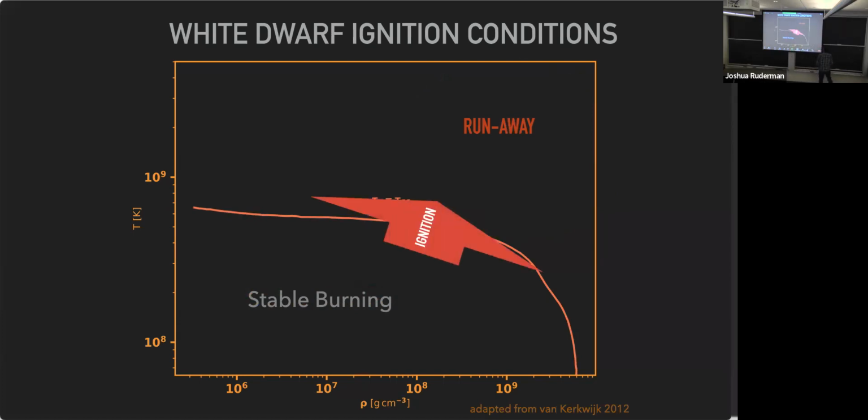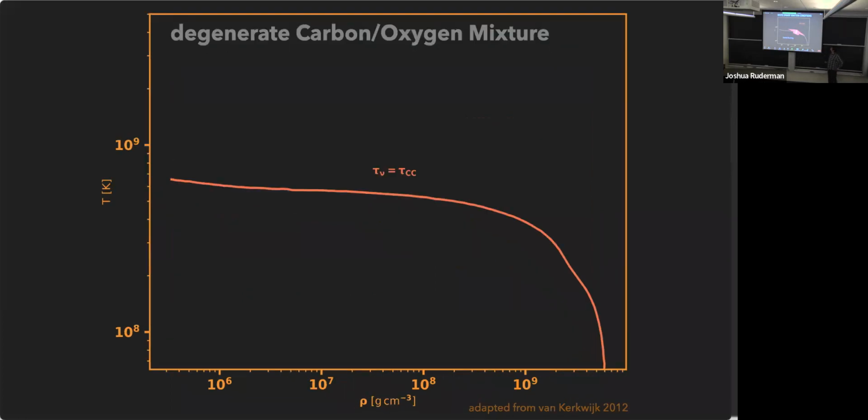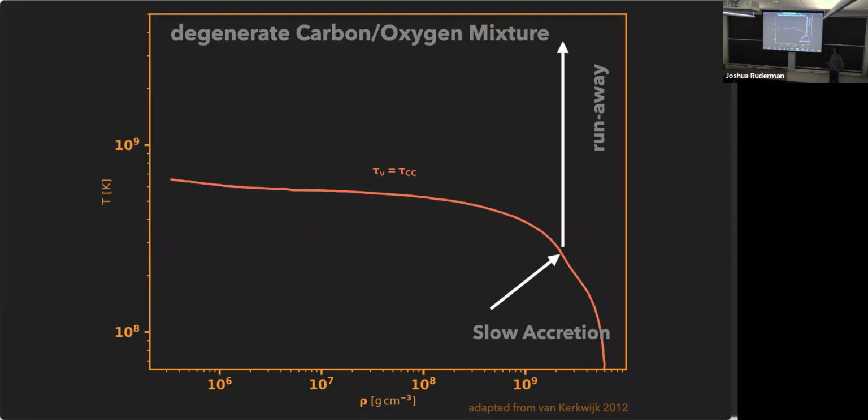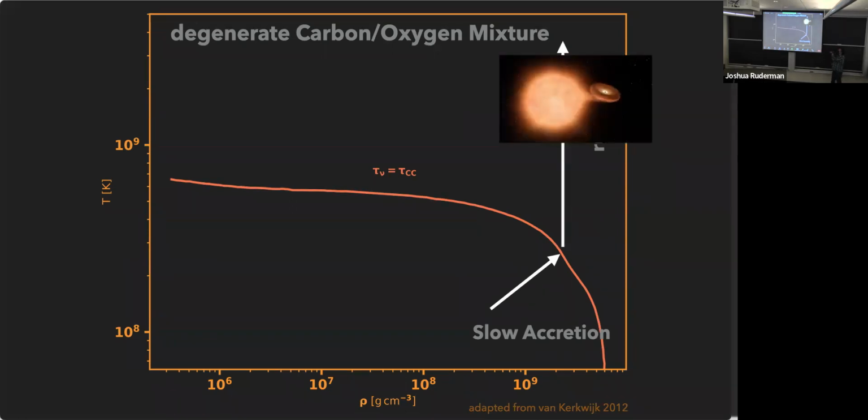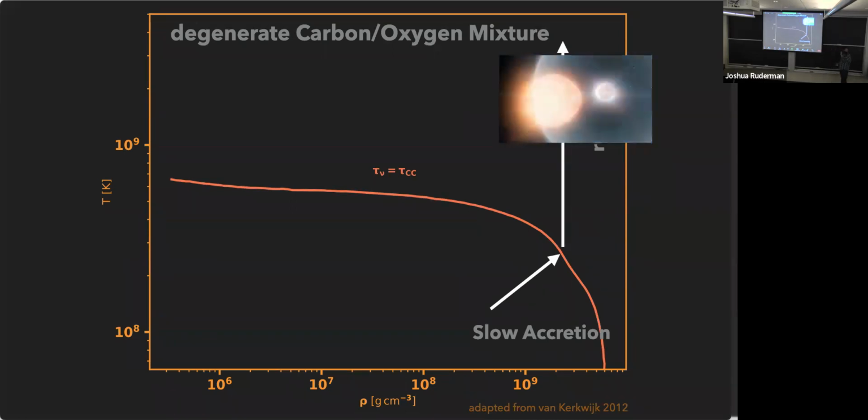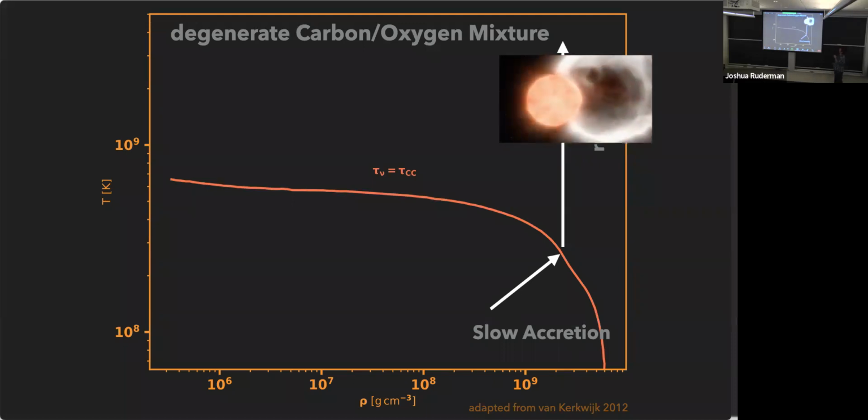This is the question that has plagued the Type Ia supernova group for, I don't know, the last 20 years. How do you do this? Essentially, one of them is, if you do slow accretion, you can get the center of the star near 10 to the 9 grams per cubic centimeter, it auto ignites and you have a runaway explosion. This is the typical traditional scenario that we've all seen in textbooks.